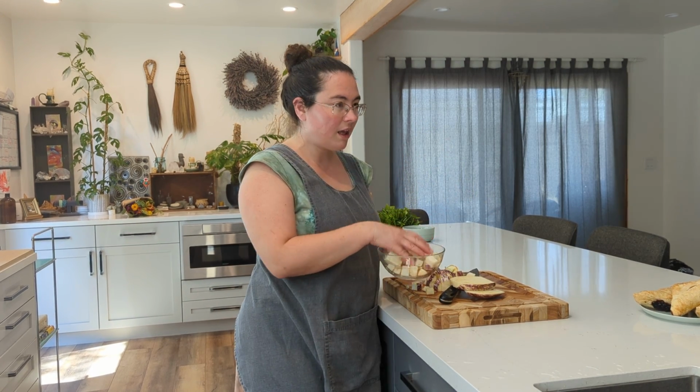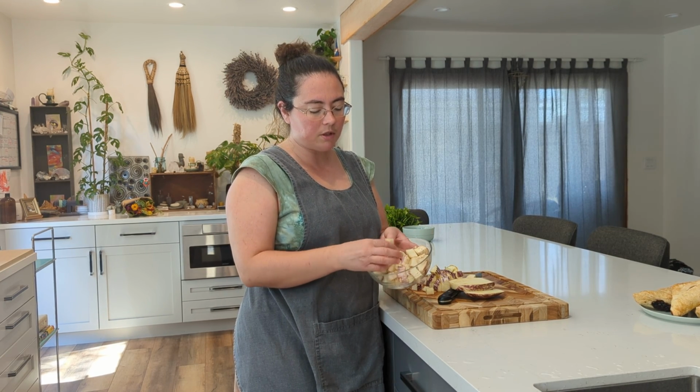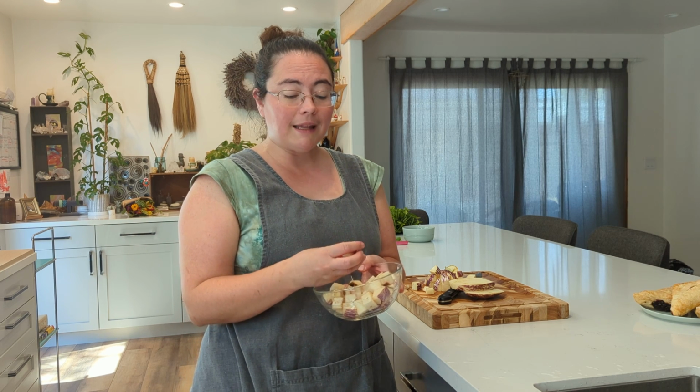Okay. And we're going to just toss them with a little bit of salt, which I've already done here. You can kind of see there's a little bit of wet on there, and that's from the moisture that's been pulled out by the salt. People say salt your eggplant so that it doesn't get bitter, but there's another reason too, which is that it will cook a lot better and less,